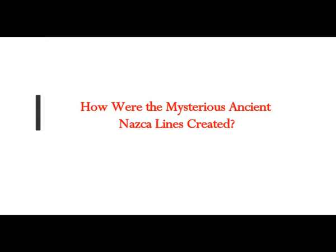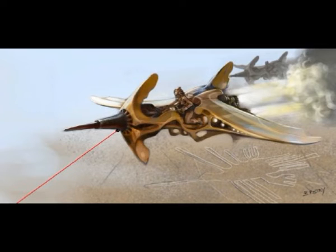How were the mysterious ancient Nazca lines created? Could the famous images and lines more than 2,000 years old, found on the wide open plain of Nazca, have been created from the air? Countless researchers have considered this obvious idea, since there is no high point to direct production of the ancient depictions